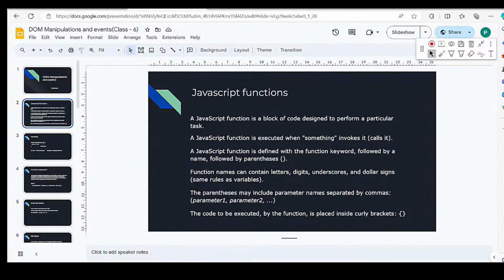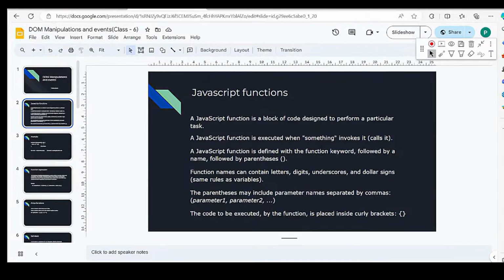So let's start with JavaScript functions. What are functions? Functions are basically blocks of code or blocks of statements that we use to perform a specific task. Just like if you take the example of a calculator or a washing machine, both have their function. They perform a specific task. A calculator you can use for calculating something. It's not like you can call any other person using a calculator, because it has a predefined specific